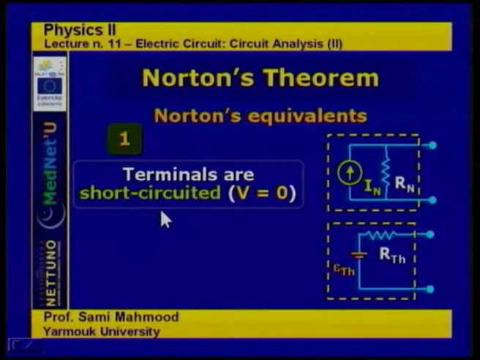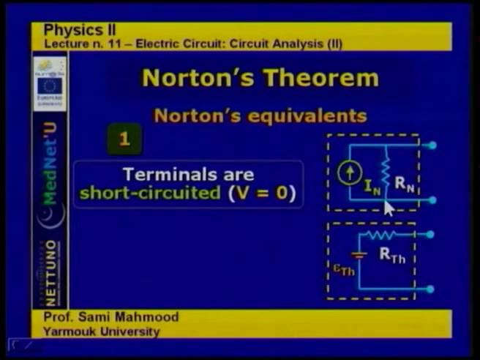So if we, for example, short circuit those two open terminals across both circuits, in the Norton's theorem and in the Thevenin's theorem, then in the first circuit, the Norton's circuit, the current will flow from the generator across the short